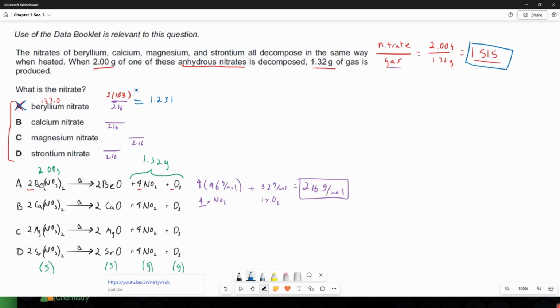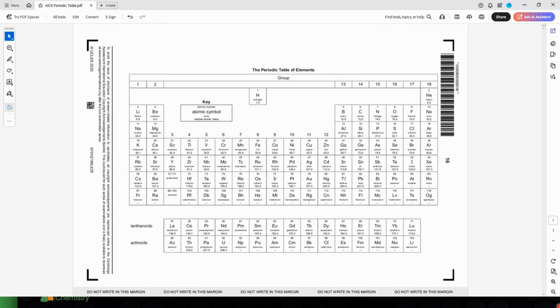So we need the molar masses for all of the different compounds here. When I bring over our periodic table, again, I'm going to show you a trick to making the calculation of those molar masses easier. So the next molar mass that we're going to need is the calcium nitrate. We have calcium nitrate, Ca(NO3)2, and when we do molar mass of calcium nitrate, we're just going to do the molar mass of calcium, which is 40.1,